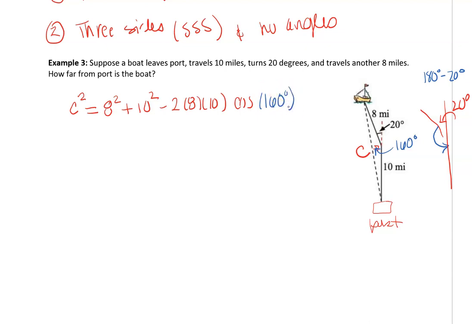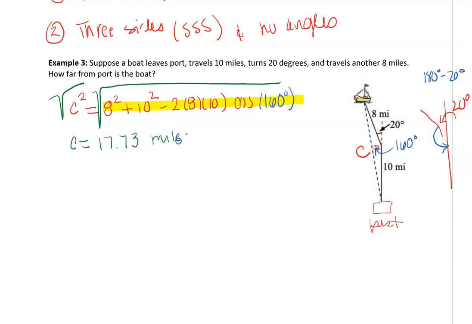And so I want to first input in my calculator this entire long thing. Make sure you're in degrees. And then in order to solve for C, I would have to square root that answer. And when you work through those calculations again, hopefully you're outputting these answers very well. But if you need assistance, reach out and I'll help you with whatever device you're using. And this gives us a total of 17.73. Now it says, suppose a boat leaves and travels so many miles, turns degrees, travels another miles. How far from the port is the boat? And so our correct unit for this would be